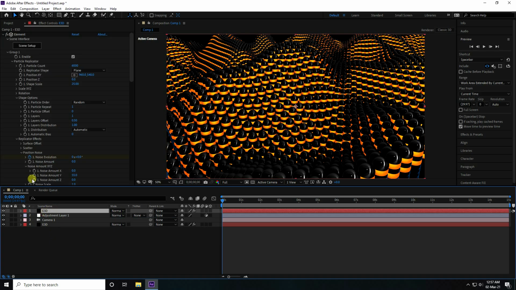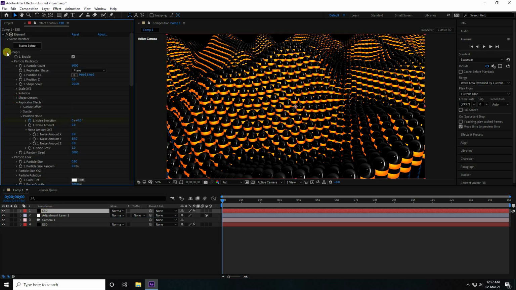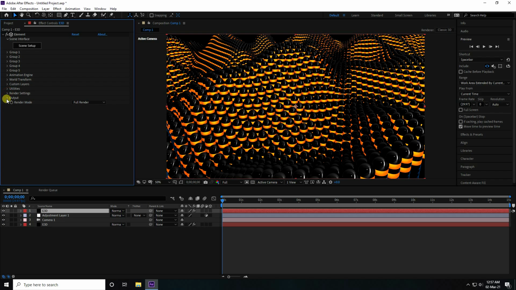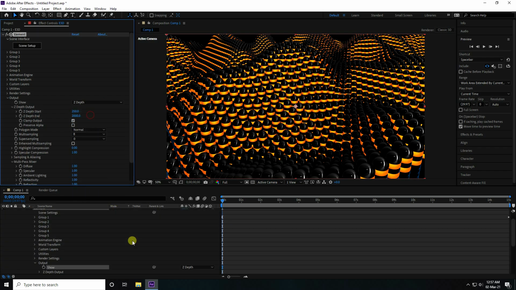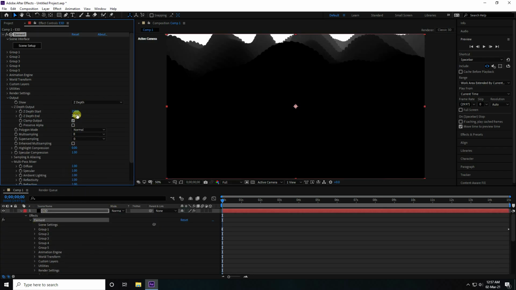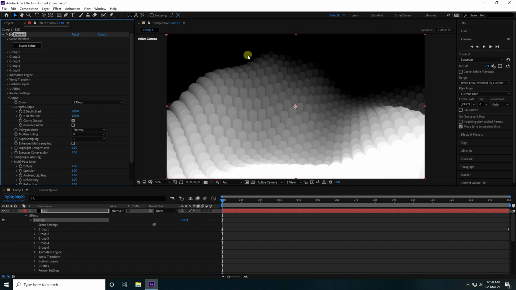Select this E3D layer, unfold all, and I go to output. Use Z depth, this one. I change start like 150, actually 280, and 120. See guys, that's my Z depth effect.